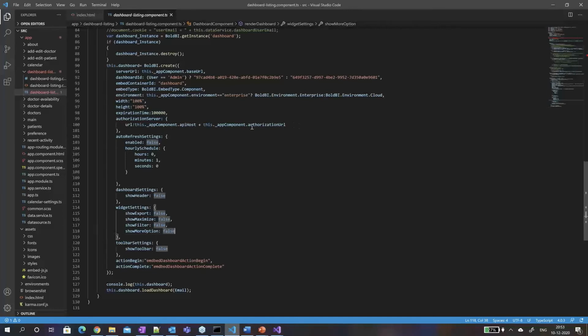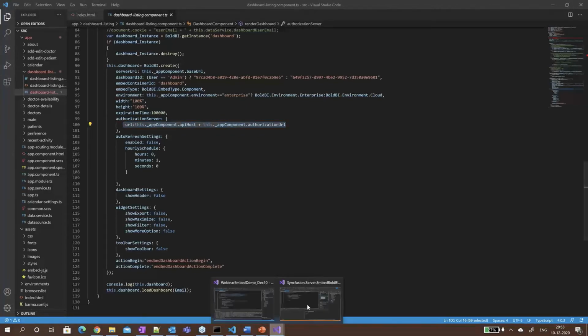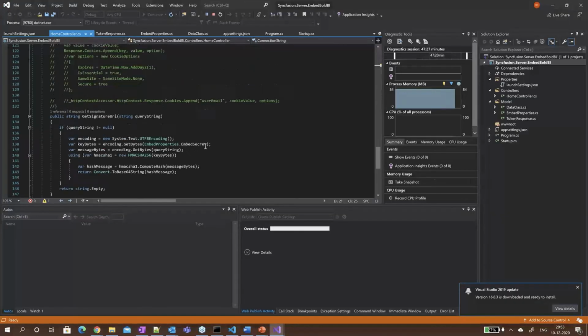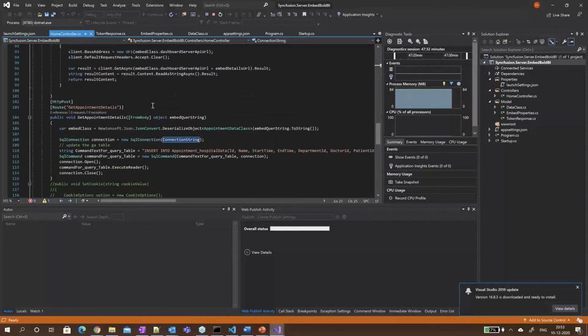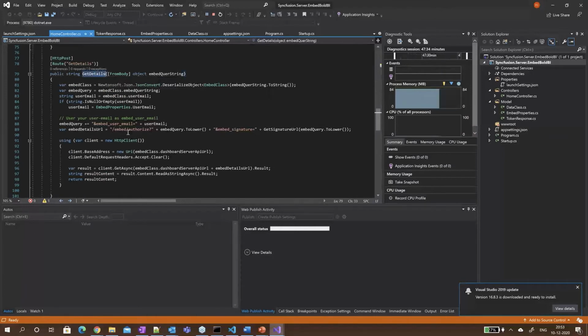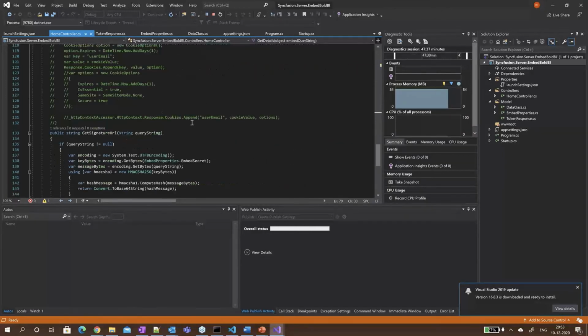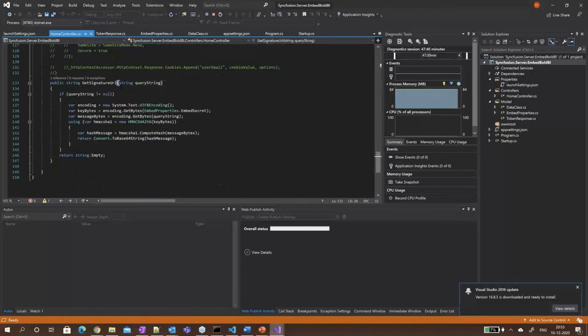Instead of implementing the authorization server within this Angular app, we have created a separate backend API based ASP.NET Core application, and it just performs the same action items as earlier. That is to get embed details and get signature URL. So this will just act as an authorization server, like a bridge between the embedding application and BoltBI.